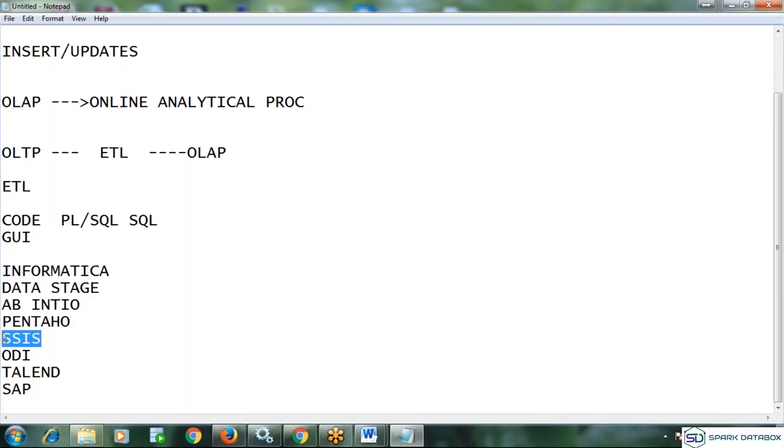Another one is SSIS, which is also giving some tough competition. Why? Because with SSIS I can do all the things, and I can do reporting also, correct? So mid-sized enterprises, small companies, are going for SSIS. But does it connect with other databases as well? That tool will connect, but it has its own limitations.